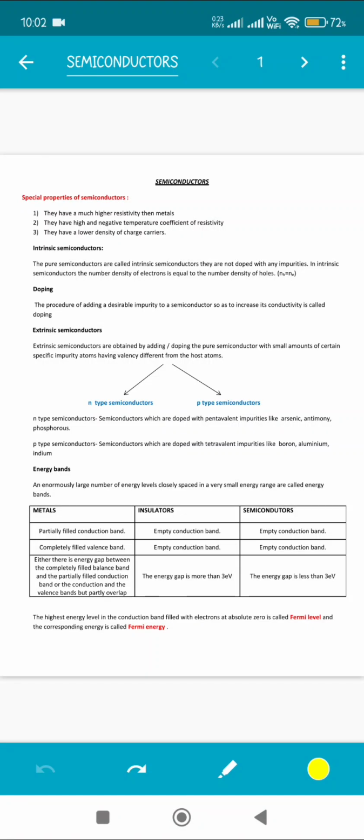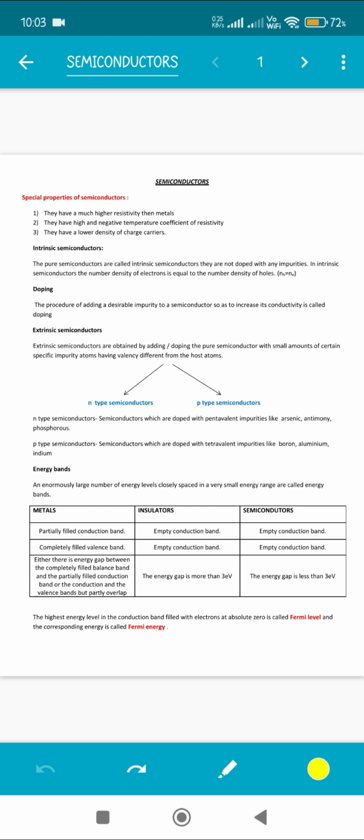Students, today we are going to do the chapter Semiconductors, which is the last chapter in your syllabus. So let's begin. So what are semiconductors basically? If you remember, in the periodic table you have studied about certain elements which behave both as conductors as well as insulators. For example, silicon, germanium, etc. These are the semiconductors.